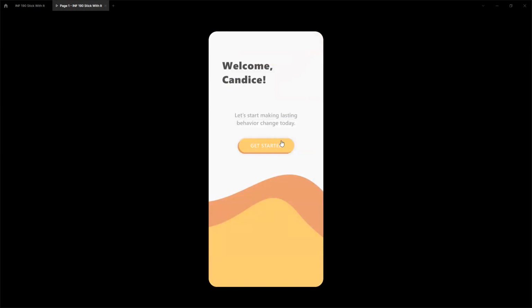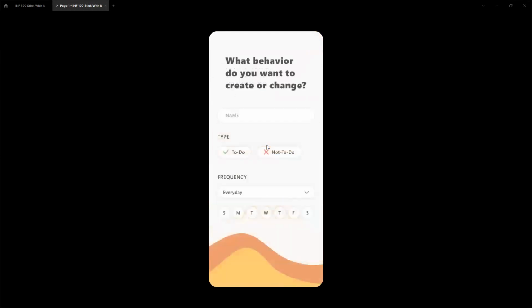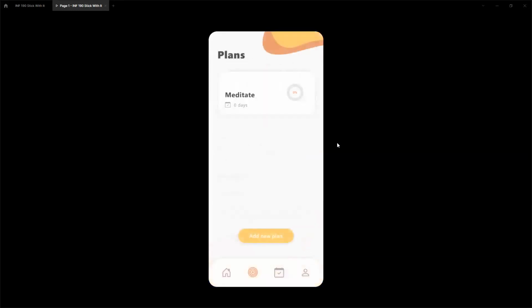If you click the Get Started button, it asks you what type of behavior you want to change or create, and you can enter the name of the behavior, the type, whether it's something you want to do or something you don't want to do, as well as the frequency of the behavior. So like every day, a few times a week, or you can also just select the specific days of the week that you want to do that behavior. Once you've filled everything out, you can click the arrow and it takes you to the plans page